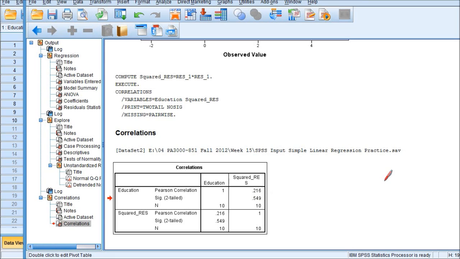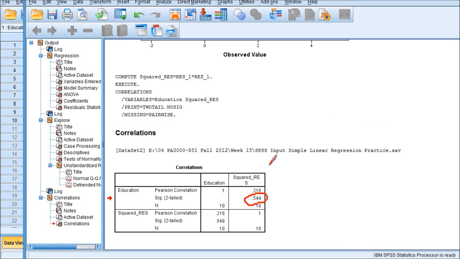The p-value is 0.549, which is way greater than the 0.05 alpha level, which means the relationship between education and squared residual is not statistically significant.